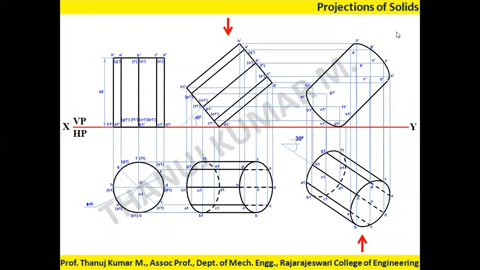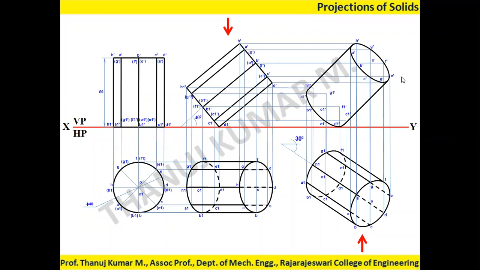After that, apply the second visibility rule. The second visibility rule talks about applying the front view. In the front view, the front portion nearer to the observer is visible. If you see, B dash, C dash, D dash, E dash is nearer to the observer, this portion. So it is a visible line, a curve line, H dash to A dash to B dash, one curve line, B dash, C dash, D dash, one more curve line, and complete the top portion.